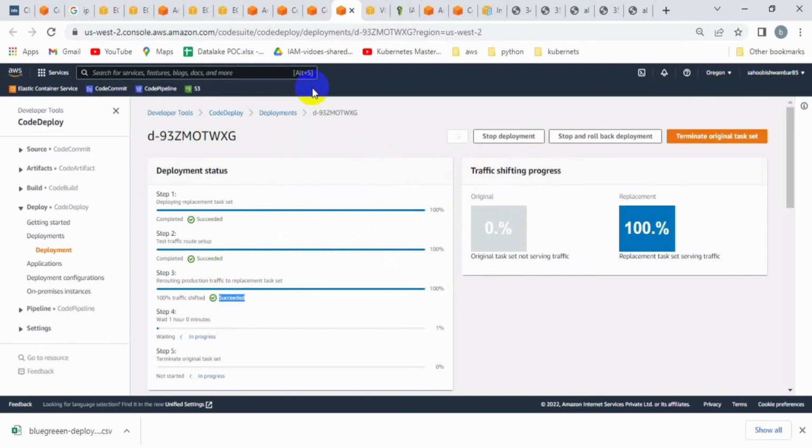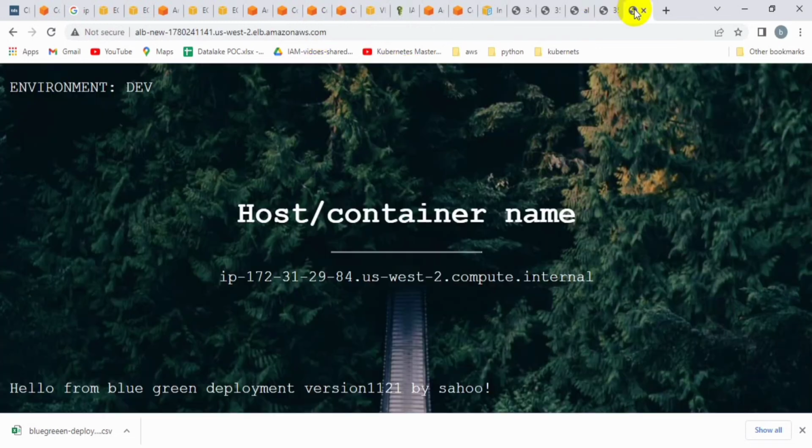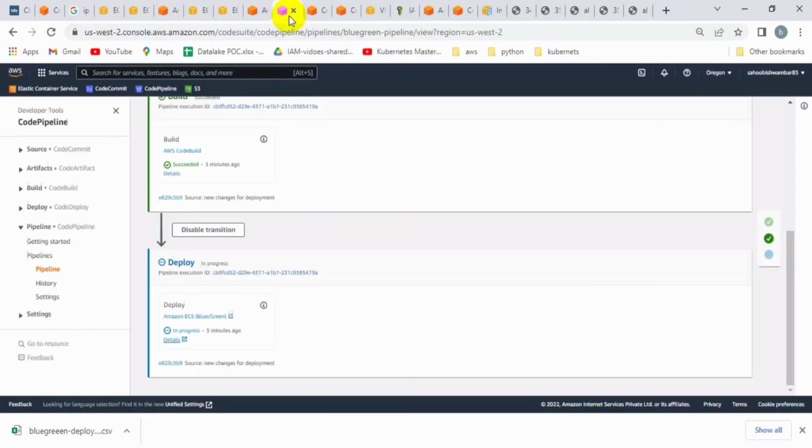original task. Whatever old container is running inside the ECS will be removed, because the new containers have been successfully deployed with the updated application, so you can remove it. Before removing it, let me double check whether my application is working perfectly. I see all the UI is opening perfectly, and traffic is routing to the new container successfully. So let me go to the pipeline,